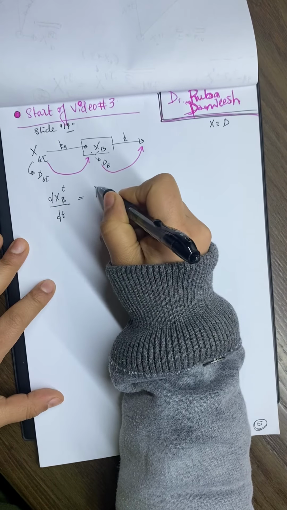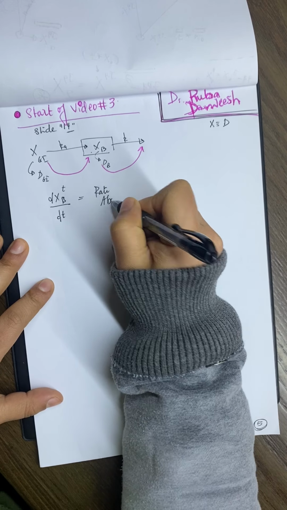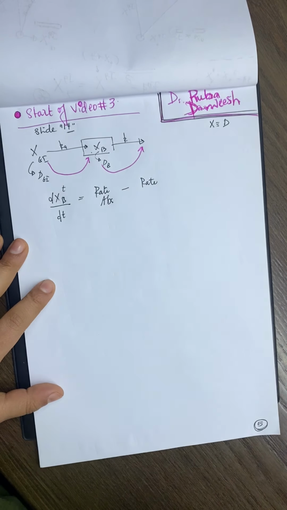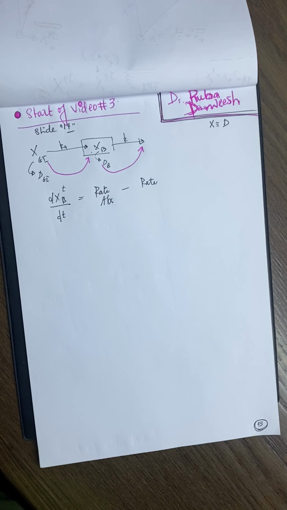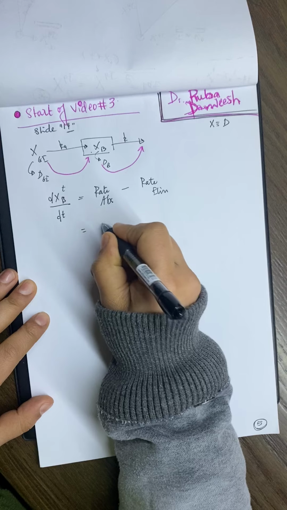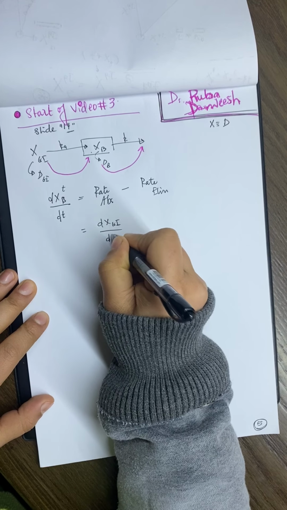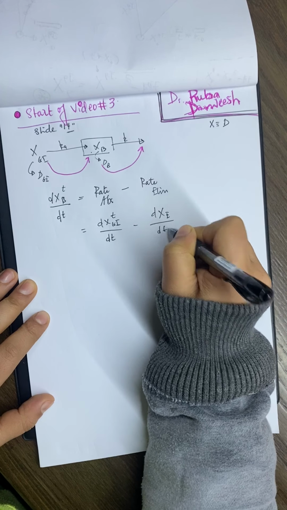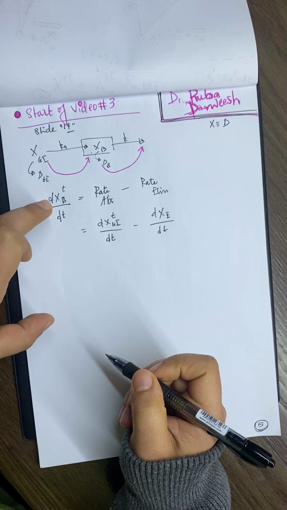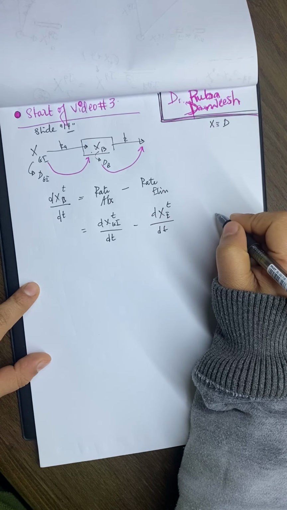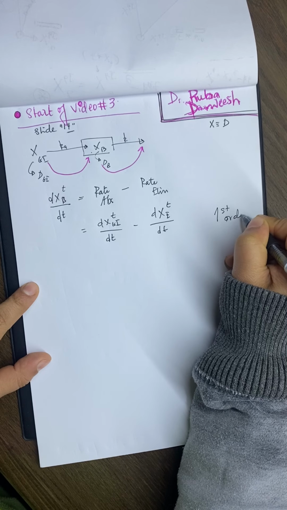So as we said before, rate of absorption minus rate of elimination, which will be equal to dXGI over dt, whatever I said before, minus dXE over dt to give you the rate of change in the amount in the body. Okay, if we are talking about first order kinetic,